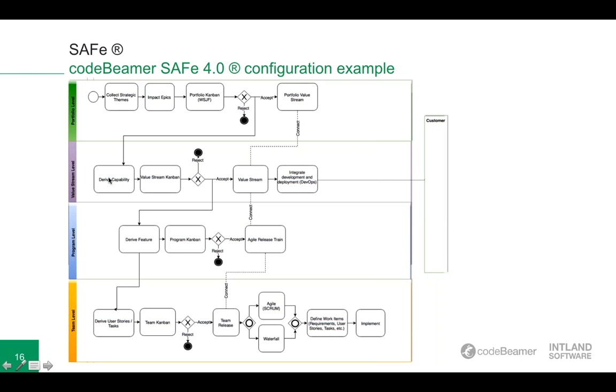So you can derive the capabilities right away from the epics into the value stream level. And once they are broken down into the capabilities, they also go through the funnel. And then once the capabilities are accepted, you can derive the features out of the capabilities. And the features are, again, on the program level, broken down or derived into the user stories on